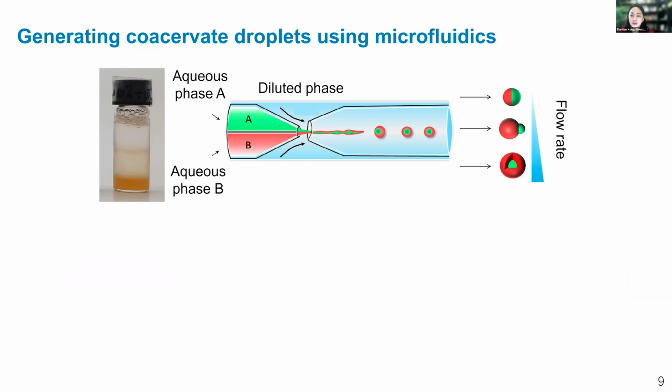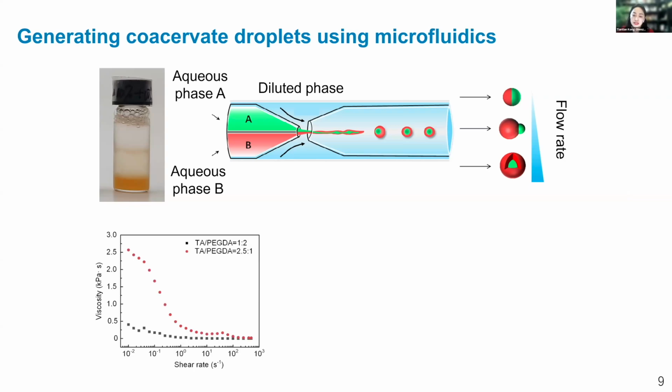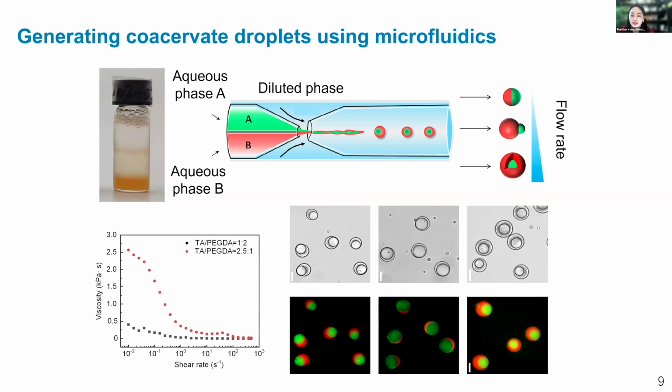Here, aqueous phases A and B meet a dilute phase stream, resulting in multi-compartmental coacervate droplets whose internal structure can be precisely tuned. So notably, coacervates typically exhibit strong shear thinning behavior, which helps the jet breakup and consistent drop formation. And so